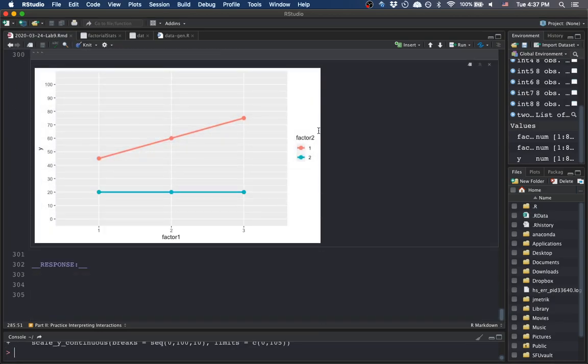And this one's a little bit trickier because we can definitely see a difference across the levels of factor 2 depending on the level of factor 1 we're looking at. So for example, this gap is smaller than this gap, probably by half. It looks pretty small. So here, though the lines do not cross, I would say that this difference is large enough for me to be pretty confident that there's